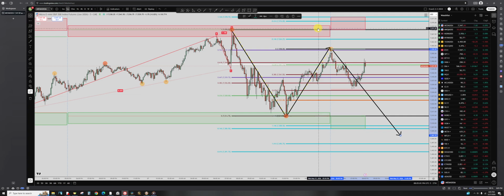But the true failure is when it breaches either the previous high from the A move or the low if we have the A move down there for it. So that's what we're looking for going into tomorrow. If the shorts come out, we're going to look for it to come down here to around